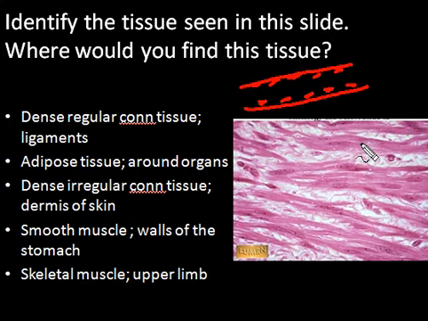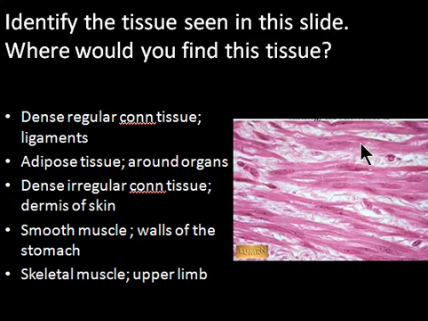And cardiac muscle is of course very different. So therefore the correct answer to this is smooth muscle, and it's in the walls of the stomach. As you know, smooth muscle is present in the walls of organs and blood vessels. So it's therefore not any of these. And again, just to show you and compare,